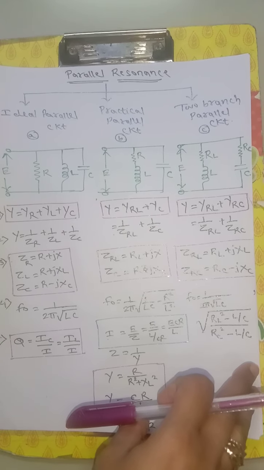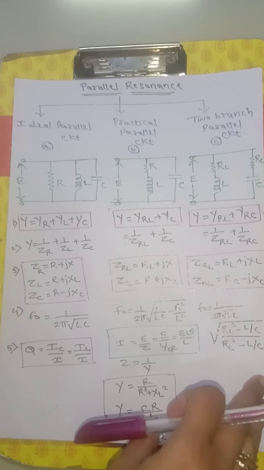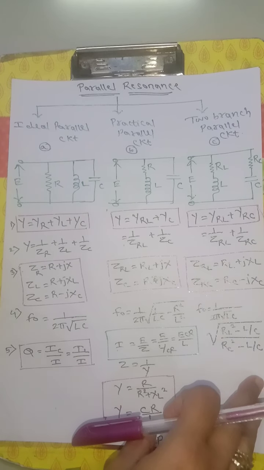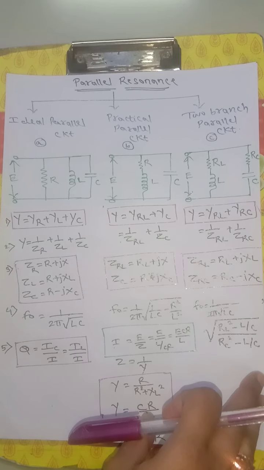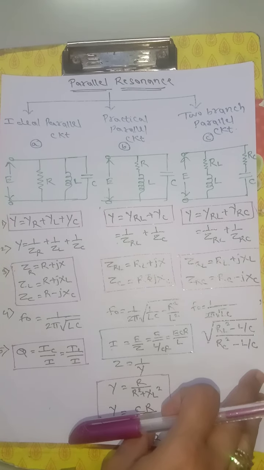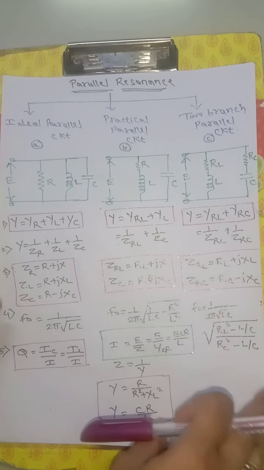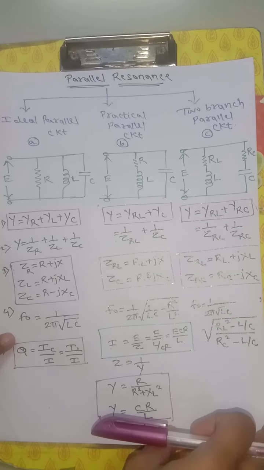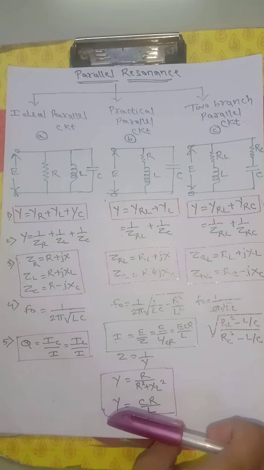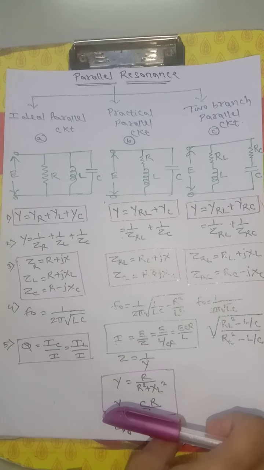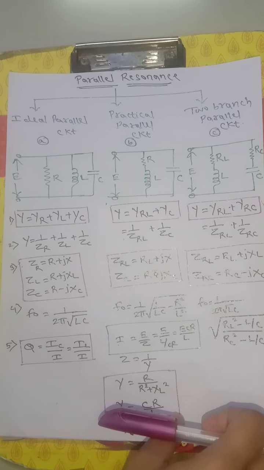In series resonance, the passive components R, L, C are connected in series, the voltage is across each component and the current will be the same. The circuitry will be resonant when XL is equal to XC and Z is equal to R, and the voltage and current will be in phase. During that period we are interested in the impedance, because in the series circuit we need to calculate the impedance. Similarly, in parallel resonance circuitry we are interested in calculating the admittance, which is denoted by Y and measured in mho.